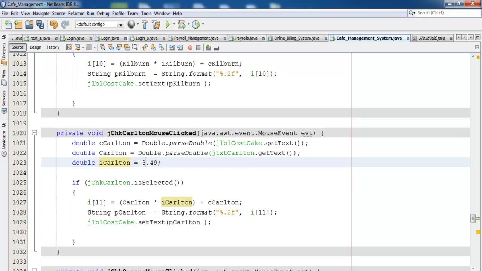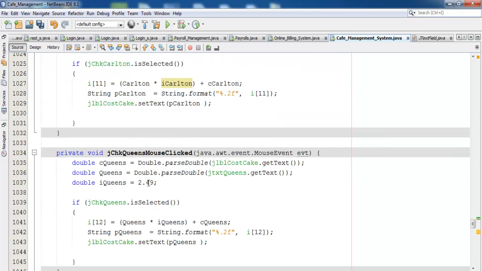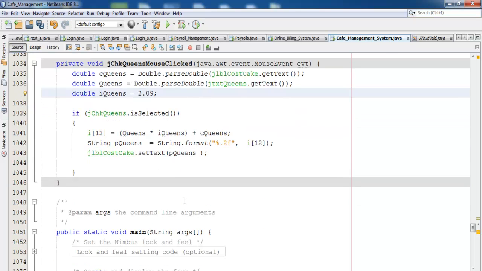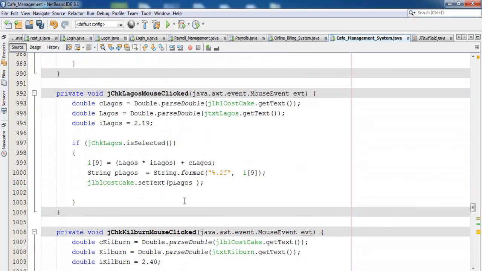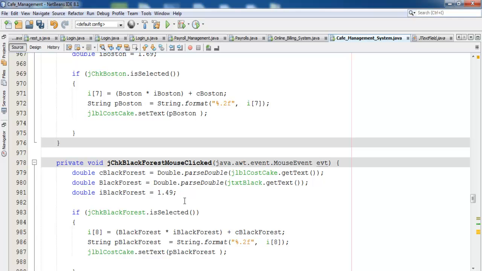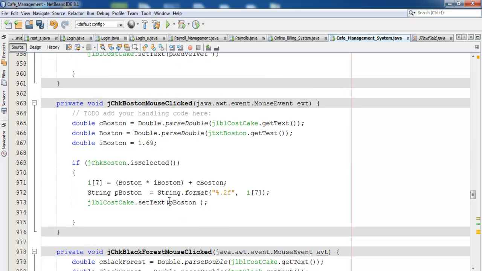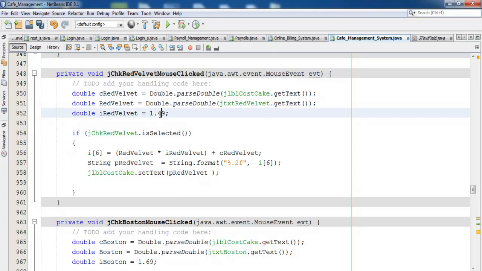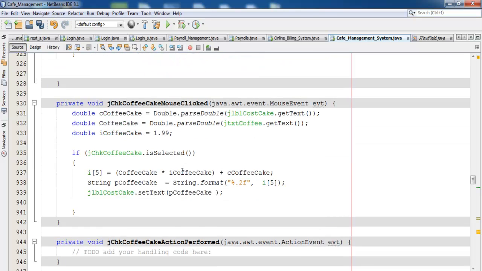Make Carlton about £3, and this maybe. Okay. Those are the prices for the cakes, right? And there,